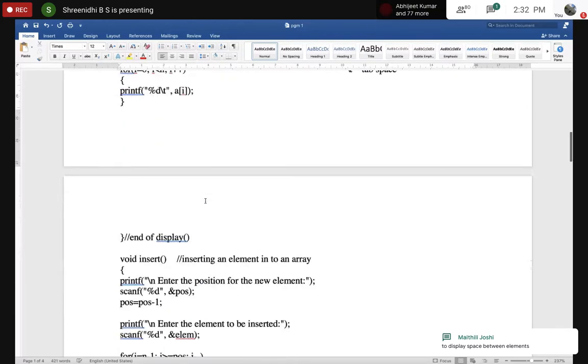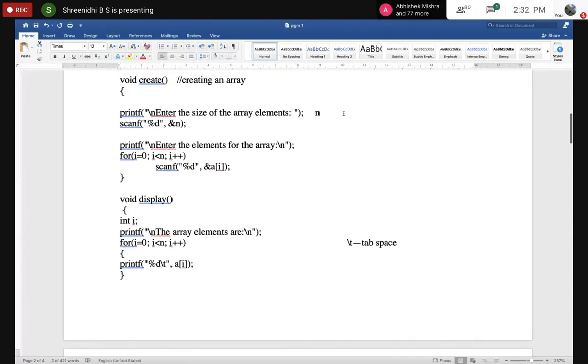Next, I need to insert the element. So where to insert? I can insert in between your array elements. For example, in this creation, if I give the n value as 5, and if I enter 5 elements, that will be 10, 20, 30, 40, and 50.